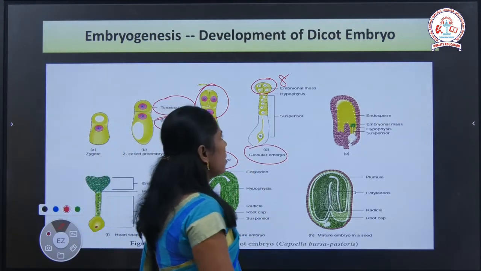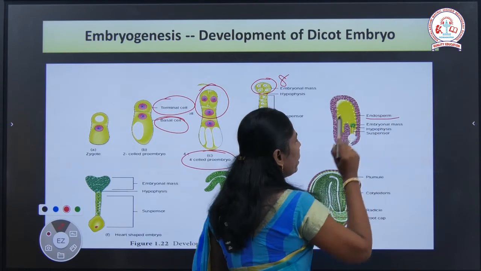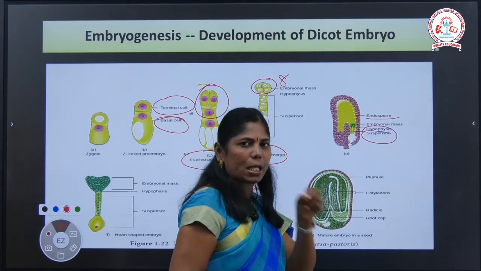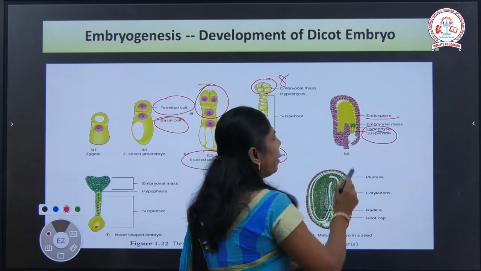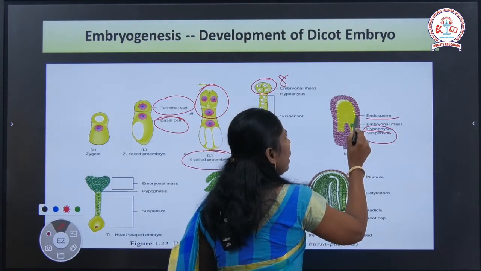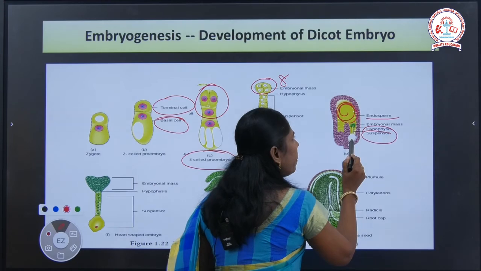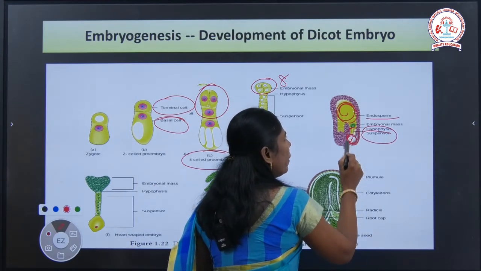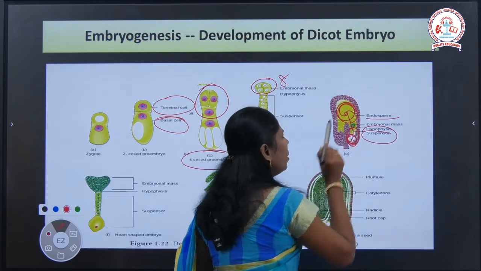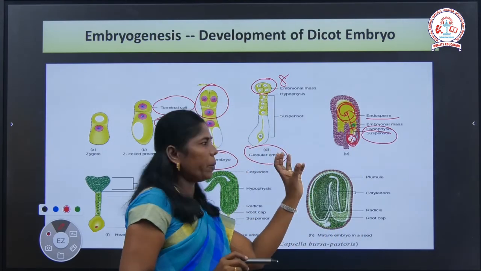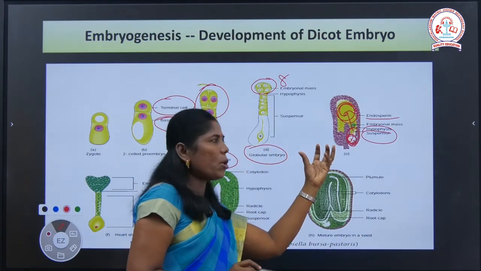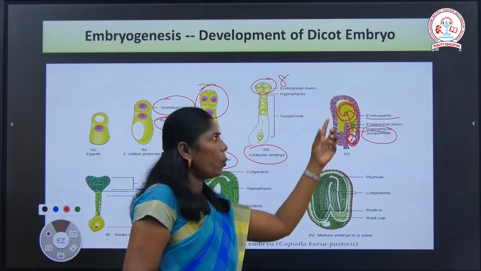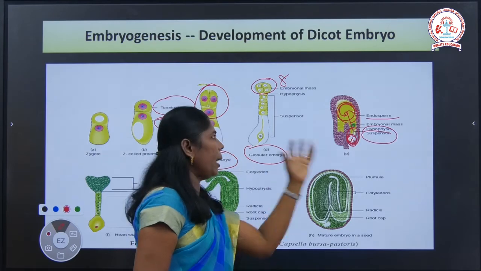Okay, and in this picture we can see the endosperm, because the suspensor, especially the hypophysis of the suspensor, pushes the embryonal axis into the endosperm. Since the endosperm is here, the suspensor pushes the embryo into the endosperm. When it is pushed like that, it gets nutrition from the endosperm. The embryonal mass takes the nutrition from inside. So it helps. Okay?